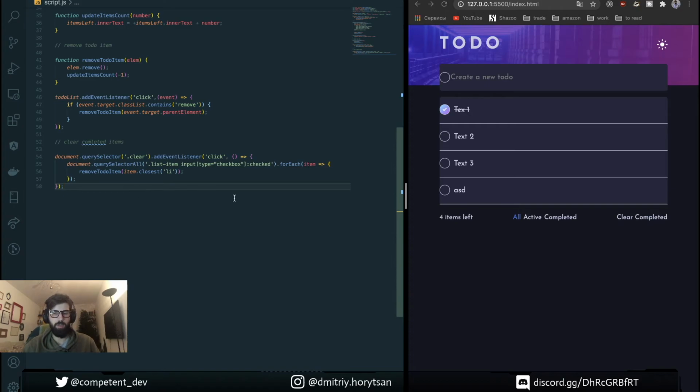So right now let's work with filters. For filters, what do we need to do? If all, we show all items. If active, we show the items which are not checked, and if completed, we show those with checked. So for this, we need to do a simple thing.